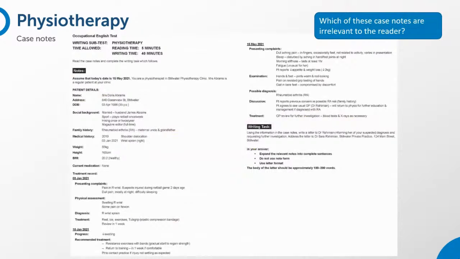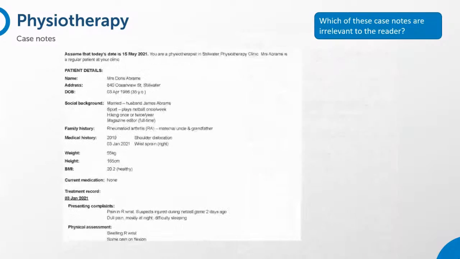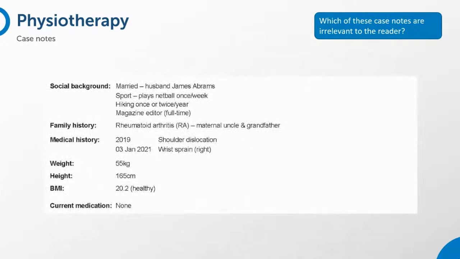Finally, let's look at the other section of case notes, which we haven't looked at already. And again, I'm going to ask you to look at these and tell me the answer to this question that we'll post into chat right now. Which of these case notes are irrelevant to the reader? So we can see headings down the left-hand side: social background, family history, medical history, her current medication, and her weight, height, BMI. So if you click on the link in the chat right now, you'll see in the poll,